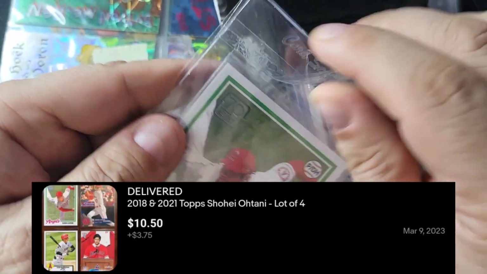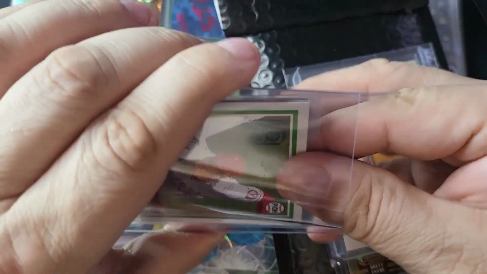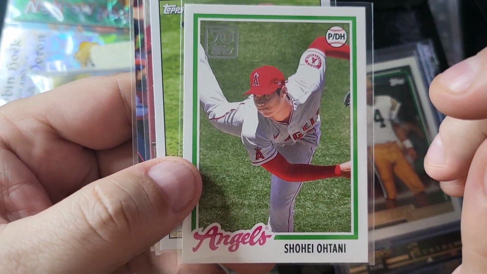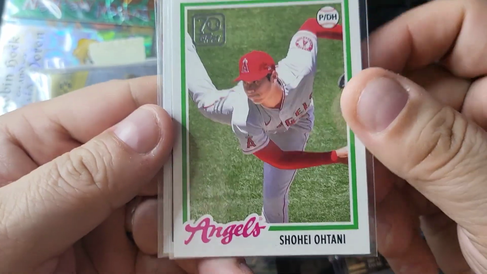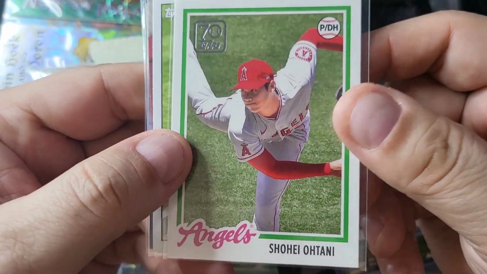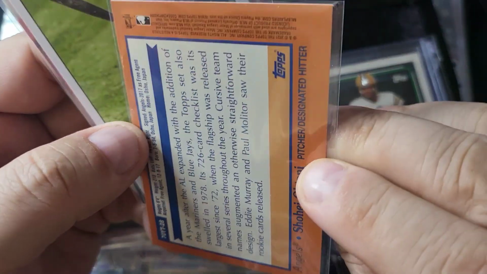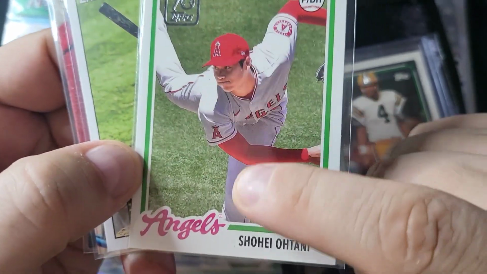And I got a small lot of Ohtani stuff here. I bought a few lots of Ohtani recently. He is kind of the hot thing in baseball right now. I watched Sports Card Investor's top 5 list. He was like number 3 on the list right now. But anyway, here's this is 22 Topps, I think. 21 Topps, and it's the 1970